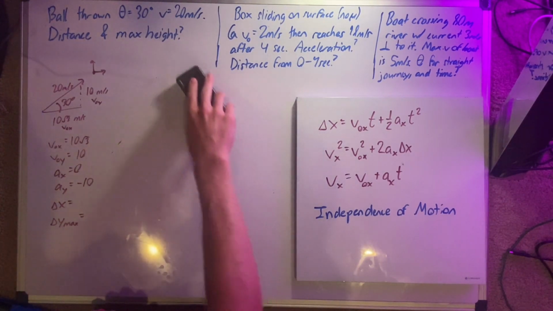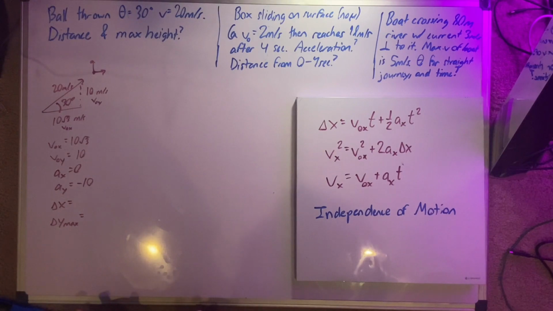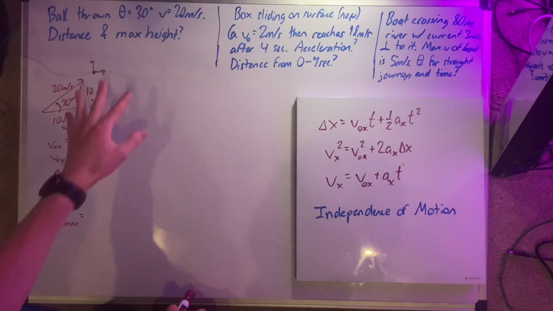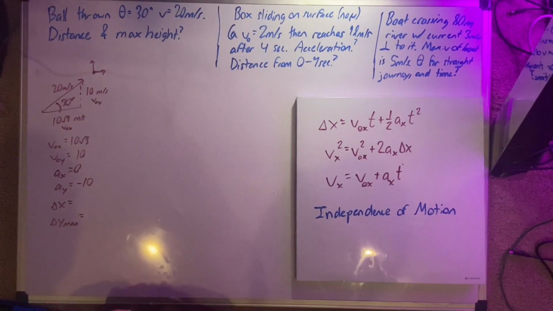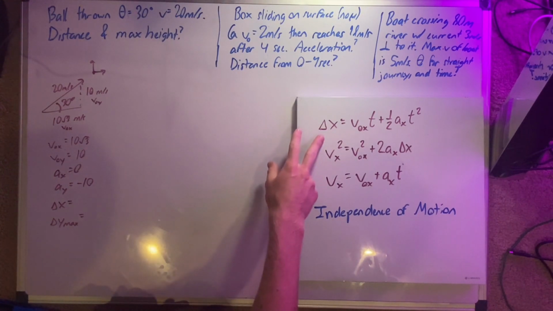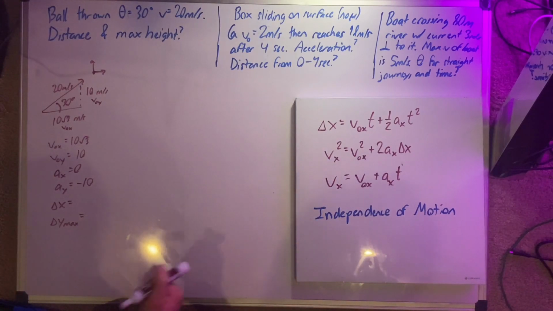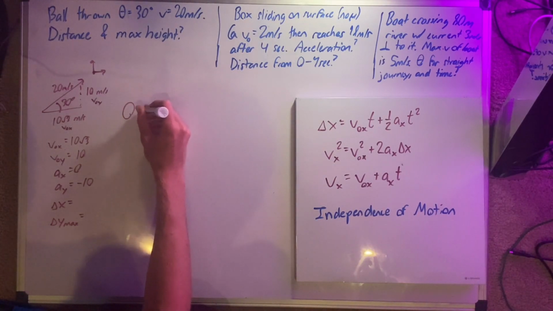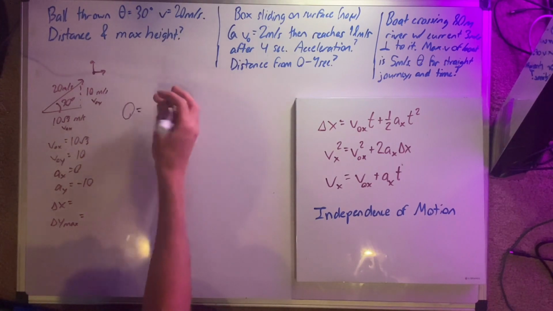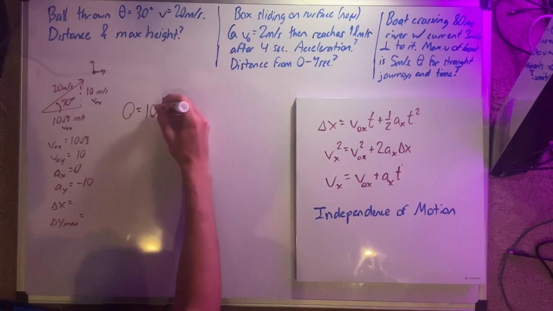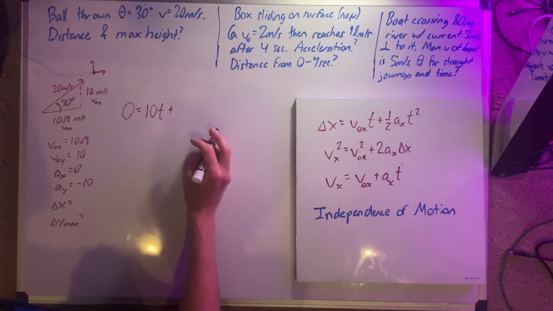So we want to figure out how much time this ball is in the air for using the y direction, and then plug that time in for the x direction, and then solve for our distance that way. So let's think for a second. We're starting this ball at 0 meters above the ground, so we'd have no starting height. That means if it's hitting the ground again, we have no change in height. Now this x could also be y, so height. So we have 0 change in height is equal to initial velocity in the y direction, 10, times time, plus,